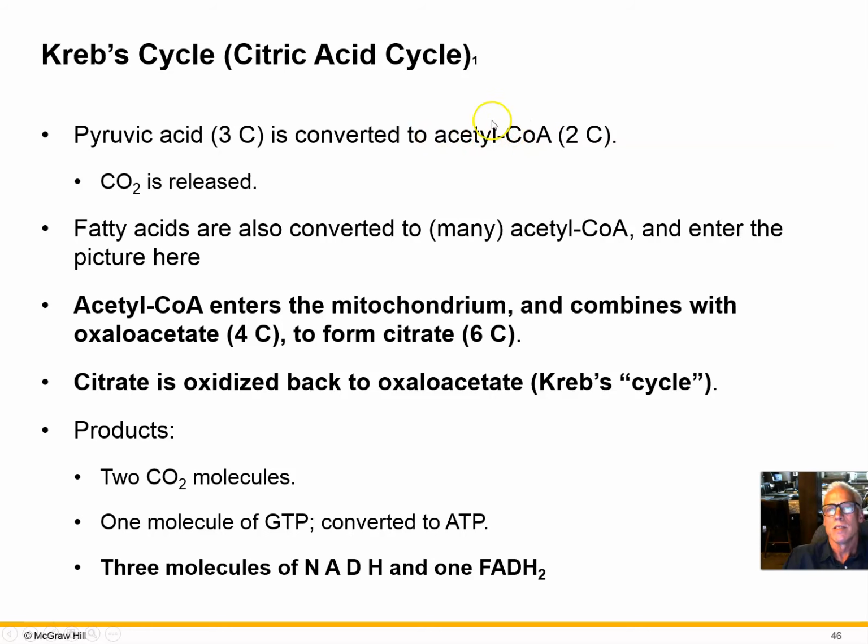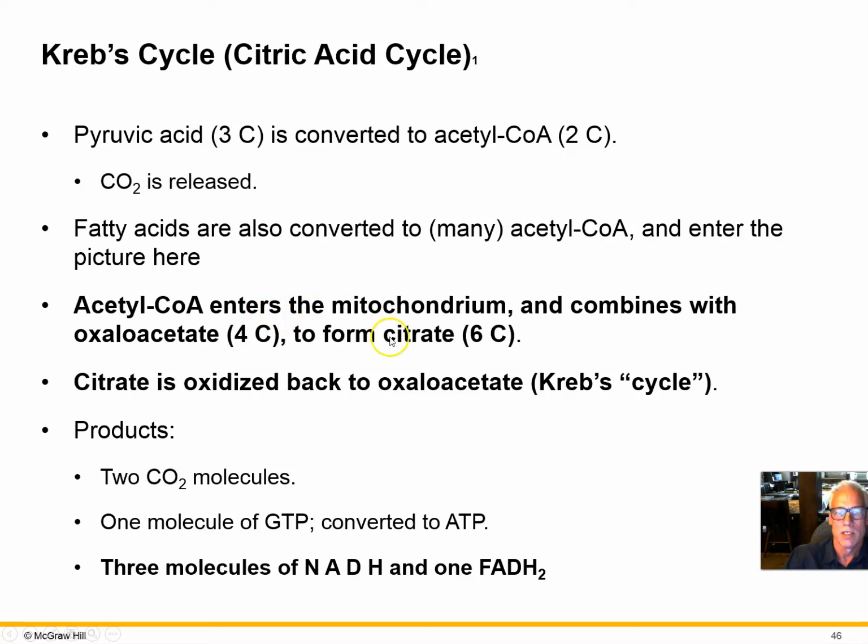The 2 carbons, the acetyl group is 2 carbons, will then be added in the mitochondria to the first chemical of Krebs cycle, oxaloacetate. So that was a 4-carbon compound. We're adding those 2 carbons and we make citrate, which is a 6-carbon compound. That's not so critical. The main thing is we're delivering acetyl-CoA to the mitochondria, which will enter into a series